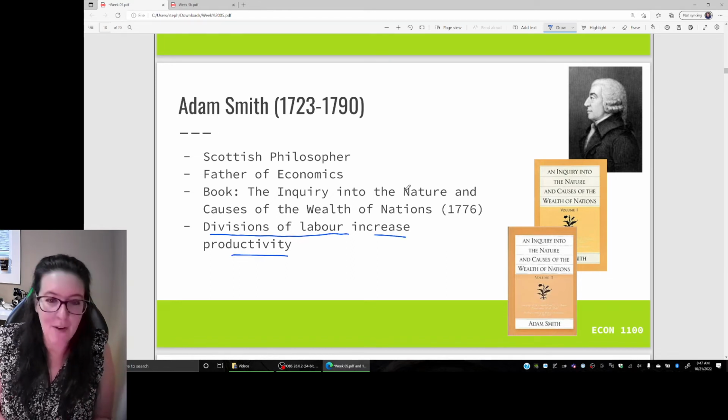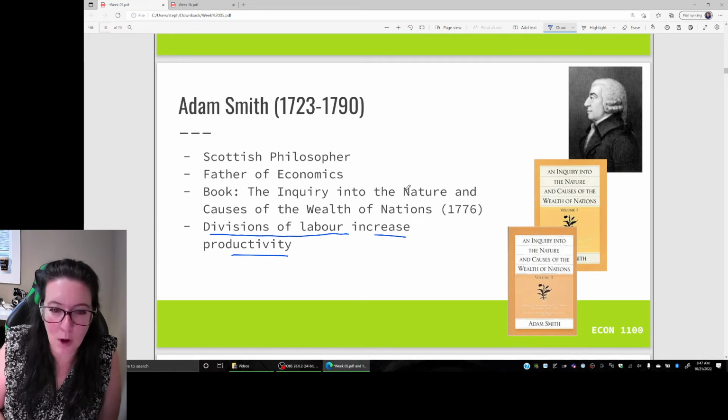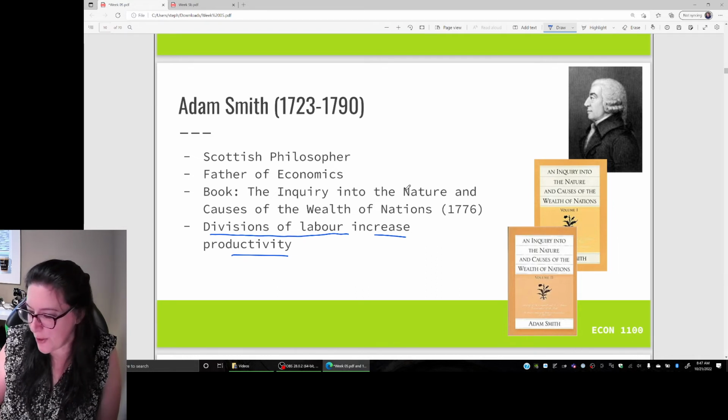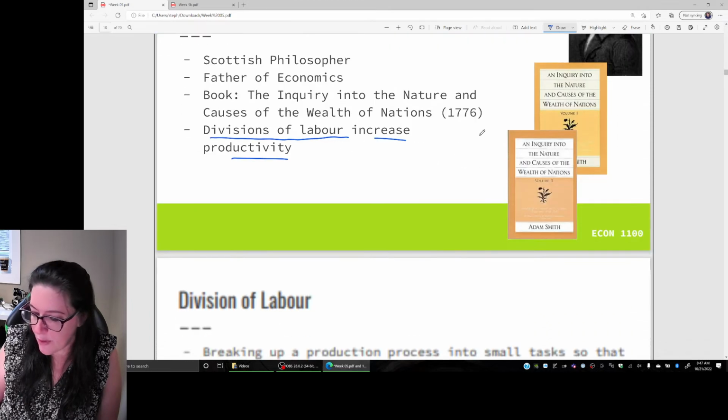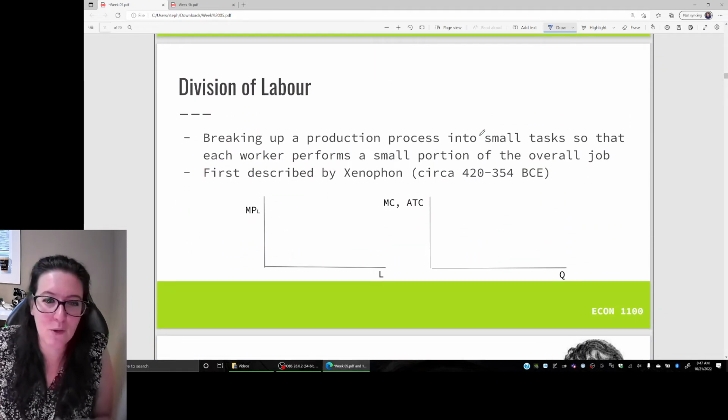So that is, we have a high level of specialization. We divide up the jobs into unique roles, and this allows us to make more and lower the cost per unit. So those of you who've taken economics, you've talked already about divisions of labor,